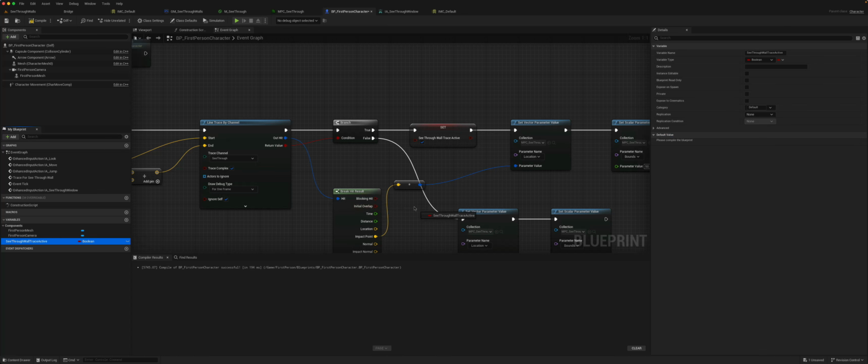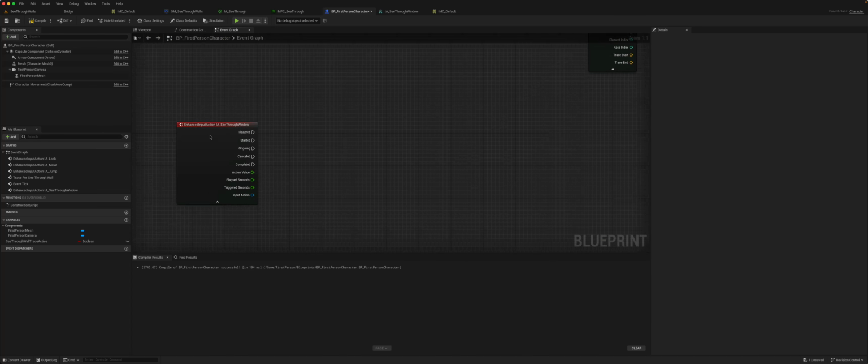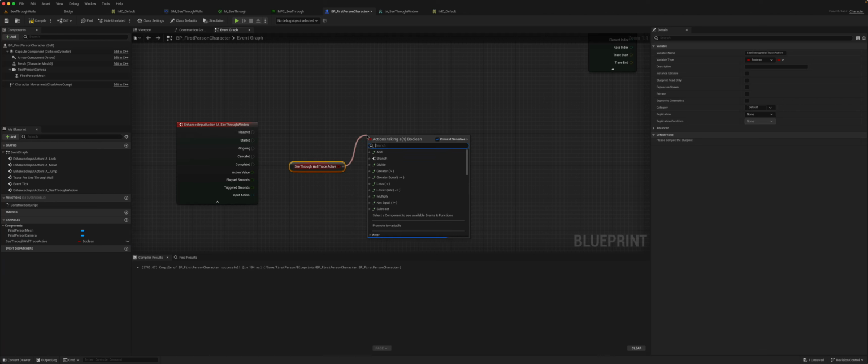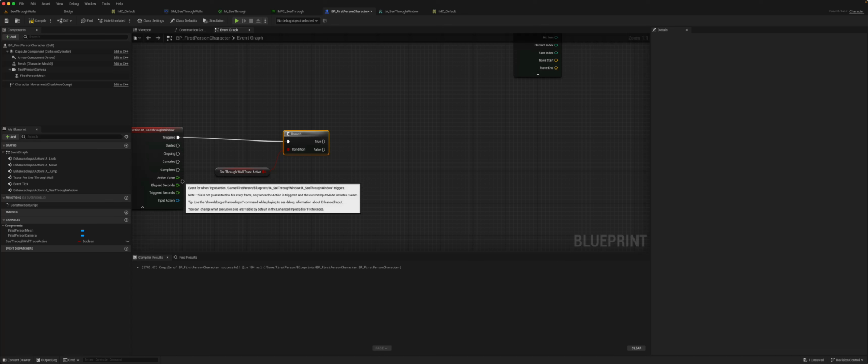And if we're not hitting, we'll set that to be false. So before we make any changes, we check to see whether we are tracing a see-through wall. So we can branch on that. And if we are,